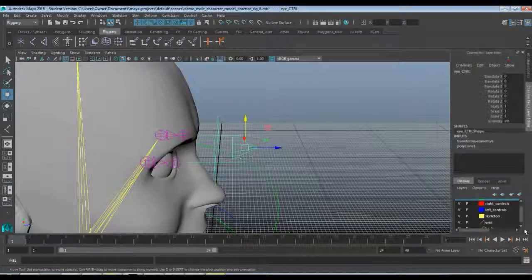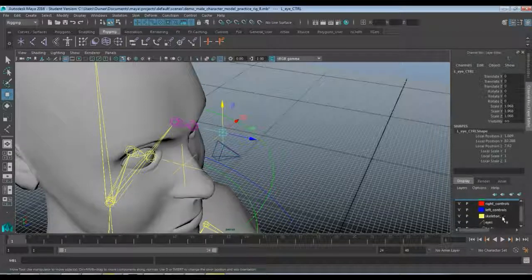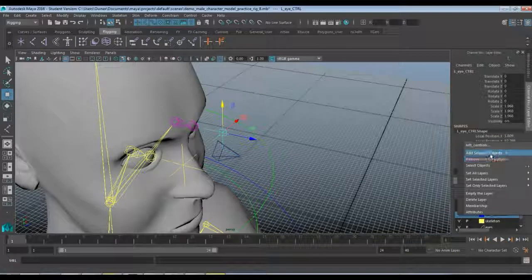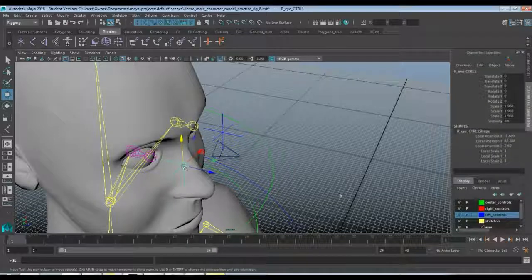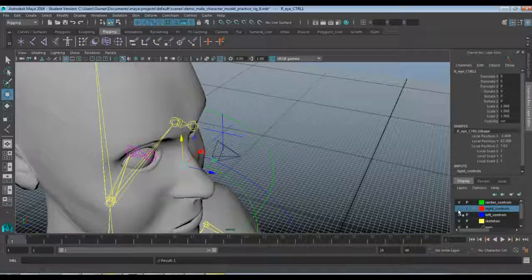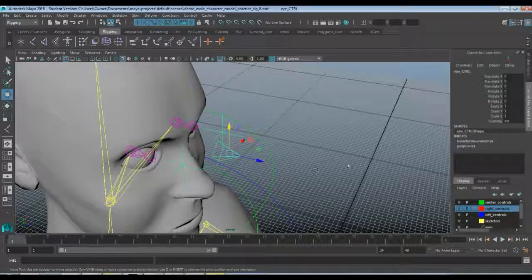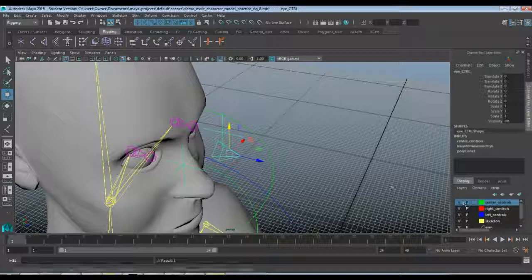And we can put this in a group. So that would be under center controls, and then the left and right one would be under left and right controls. So if I grab the left one, I can put that under left controls. So select left controls, right click, go to add selected object. So now that one is on the left. Grab this one, get a right controls, right click, add selected object. And then my center one, I'm going to go ahead and right click and do add selected object to my center controls,